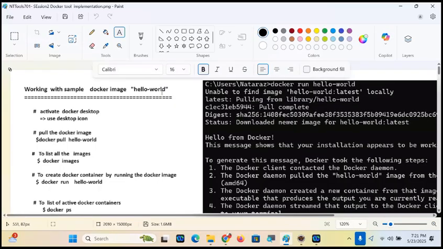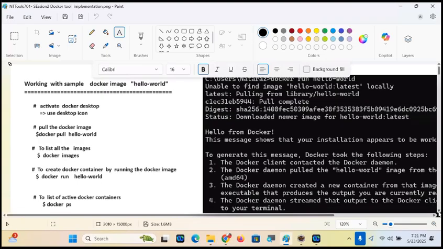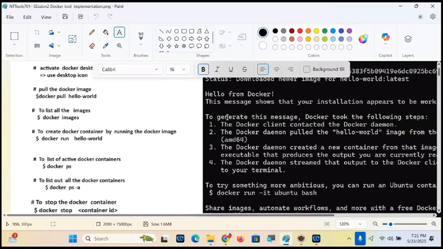There is a ready-made Docker image called hello world that is not given for anything great. It is given to understand the internals of how things are happening. See, run hello world. When you do docker run hello world, we are creating a Docker container from the Docker image, and the container execution is this statement. To generate this message, Docker